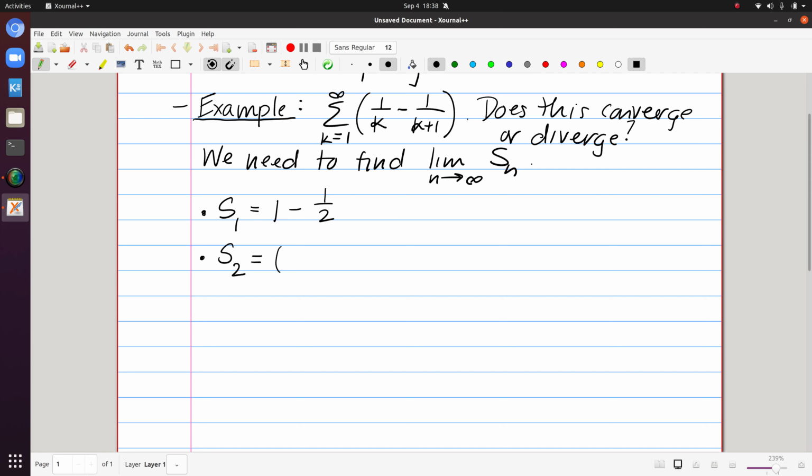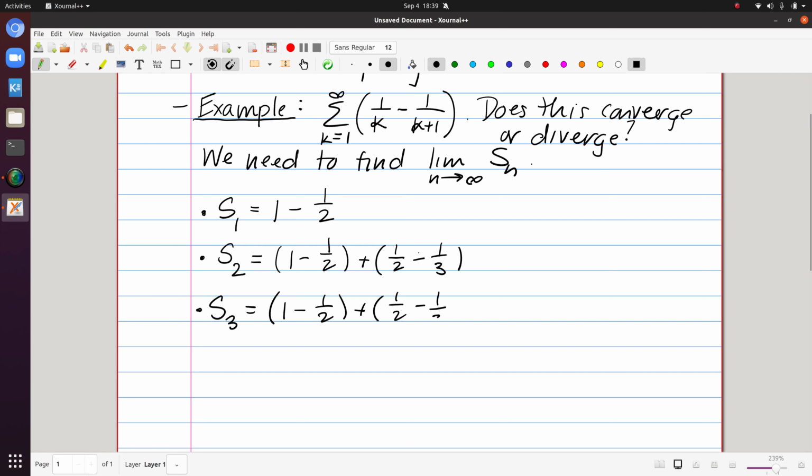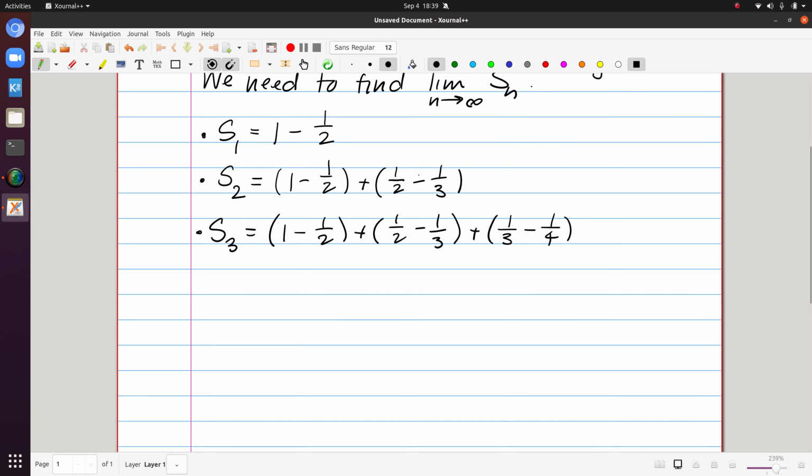The sum of the first two terms is the first term, which we've written already, plus the next term when k is 2. Then I can take the sum of the first three terms. And again, notice that the way that these partial sums build, it's equal to the one above plus the very next term. So that's when k is equal to 3. And I can continue this process. So let's just look at one more, where I write out the first, in this case, 4 terms of this